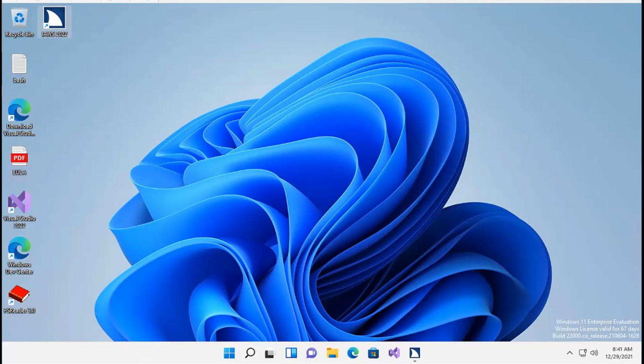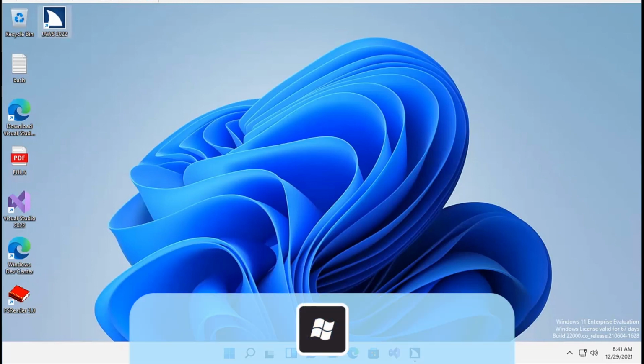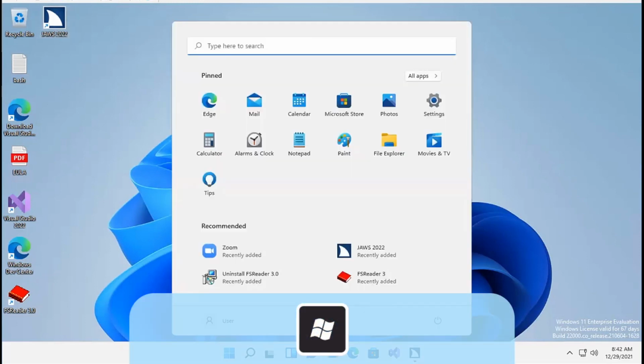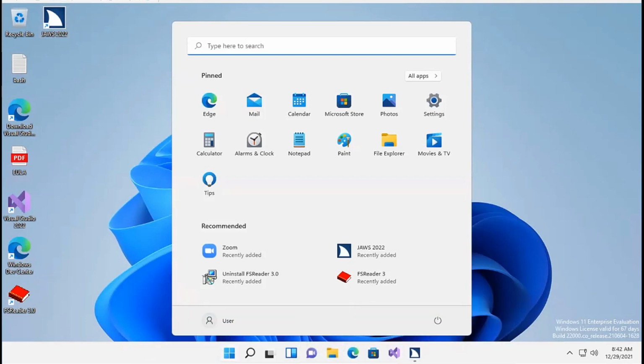Cortana is no longer by default available when you go to the start menu here, so you're not going to hear that. I'm going to press the Windows key. Search box edit. All right, so I press the Windows key and we have the search box, which is where we